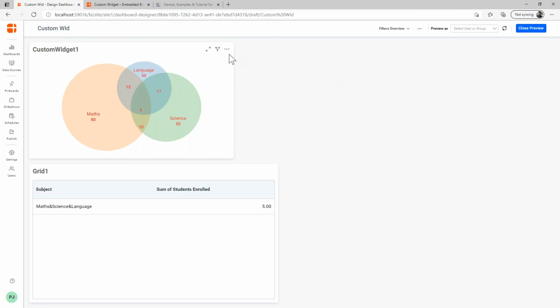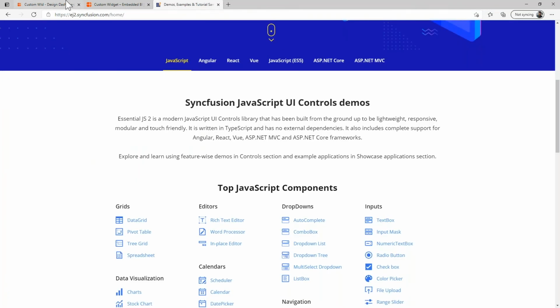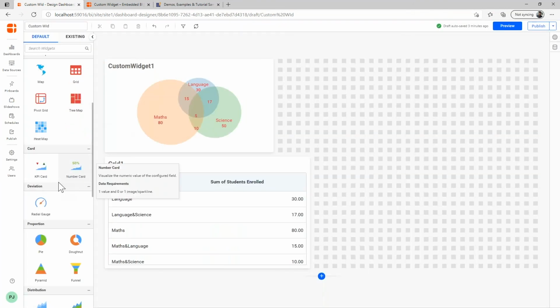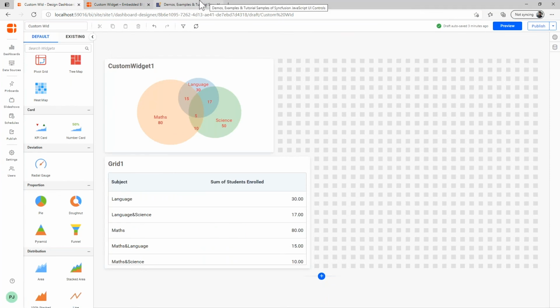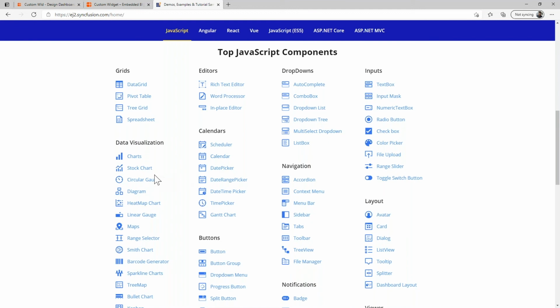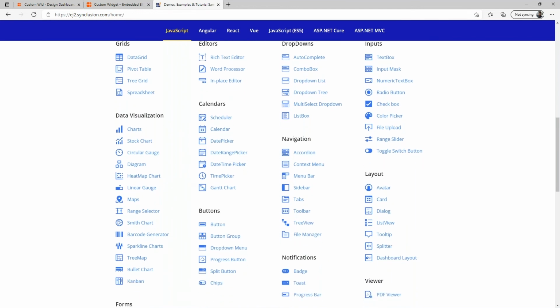One more important thing that I wanted to inform everyone is, along with your Bold BA Embedded Edition license, you'll also get a free license for Syncfusion Essential Studio. So basically, all the widgets that we use here in the Bold BA Dashboard Designer are from the Syncfusion gallery, or the Syncfusion widgets. Since you get a free license for Essential Studio, you can use any of these widgets. In case you want to include a stock chart or Kanban control within the dashboard, you have the control already available for you. You can build your custom widgets and include them in the BoldBA dashboard.